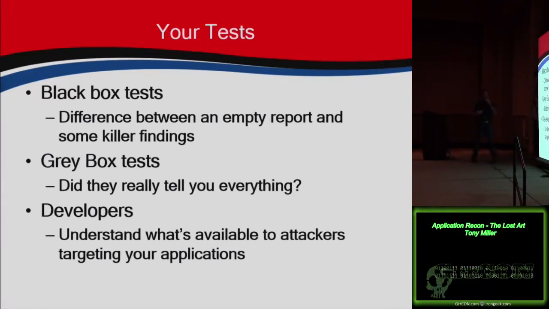From a developer perspective, I think some of you have probably started to see already some of the defensive strategies you can employ here. First of all, you can go out and do a lot of these same types of info gathering just to understand what information is out there in the public domain that an attacker coming after your website can use. What are they going to discover? When we go out there, do we have a bunch of metadata hanging out in our documents that are on our website? What's out there that these people are going to discover and what can we strip out of there?